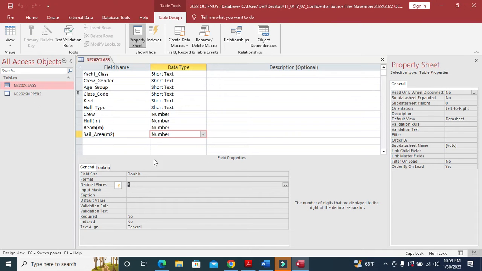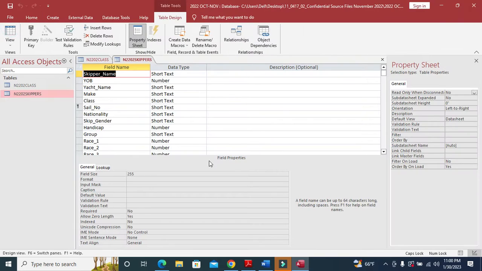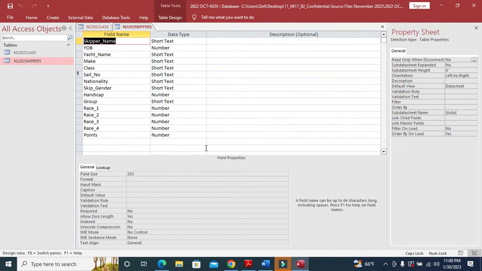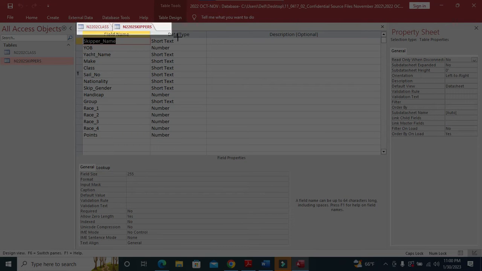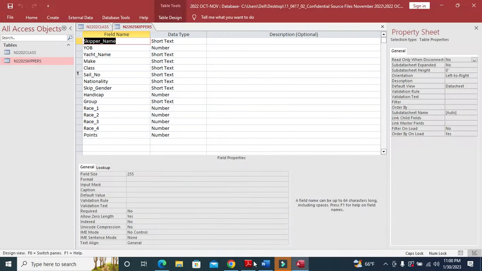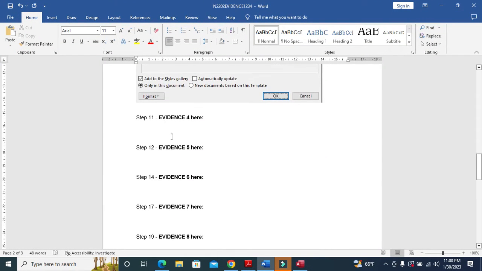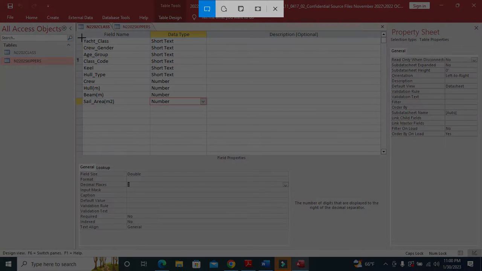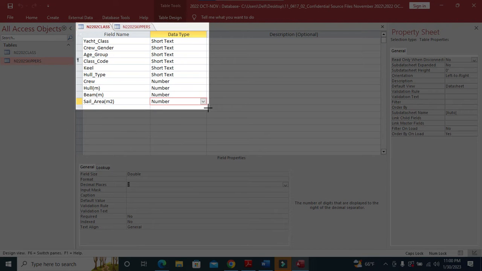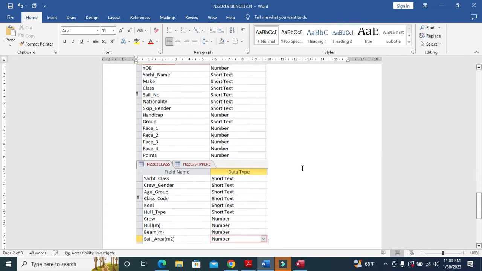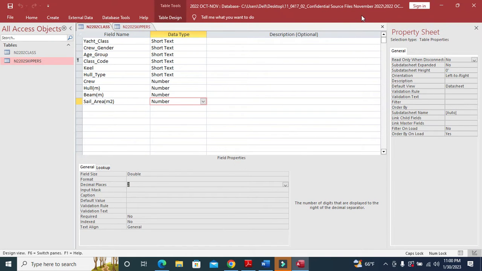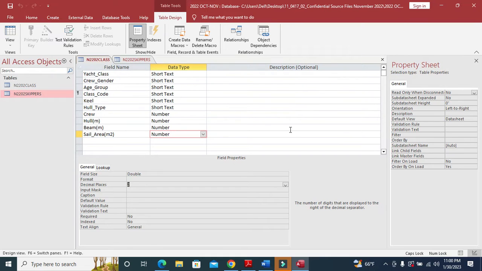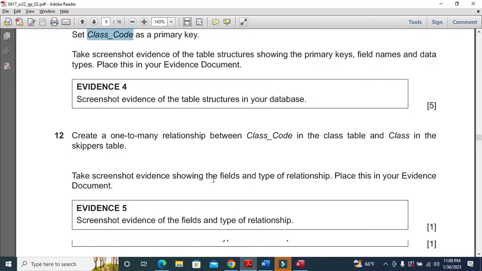So let me just take the screenshot of first this table. Okay, so right now I will just collapse the ribbon so that I can see all the information here. So I will just simply take screenshot of this one. Word document, scroll down, this is 1, and then click here, take the screenshot of this one including the table name, and this is going to be your screenshot 2. Now let me just click here and uncollapse this one, close the two tables, and let's move forward to create